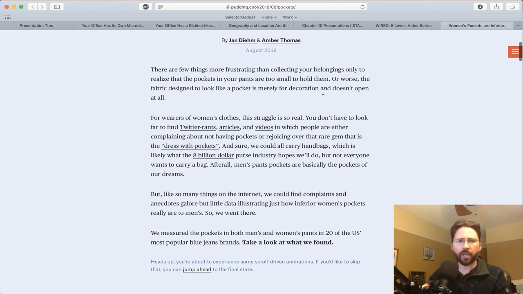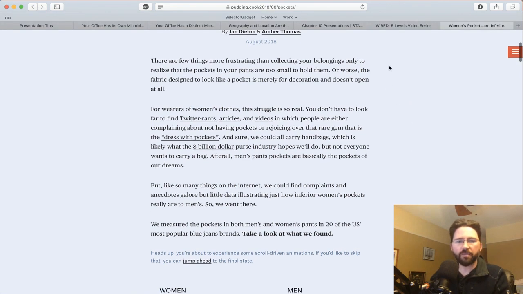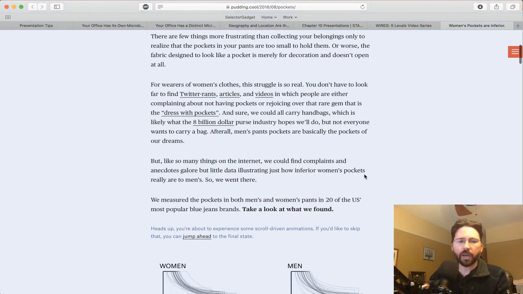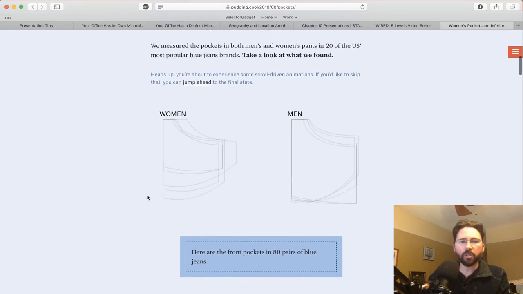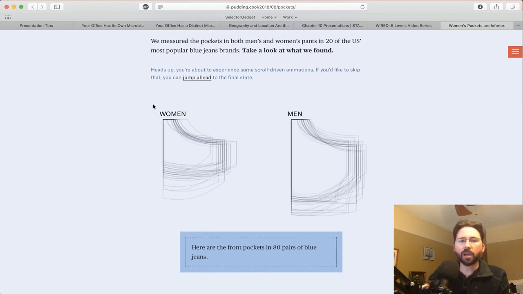So we talked about having an introduction, and if you look at the first couple of paragraphs here, they basically come out and say, you know what, this actually is a thing, and they give this basic idea about, we could carry handbags, yada, yada, yada. And then they say, all right, we want to find out how bad pockets are. And then they move into this next little chunk and they talk about measuring pockets, actually going ahead and